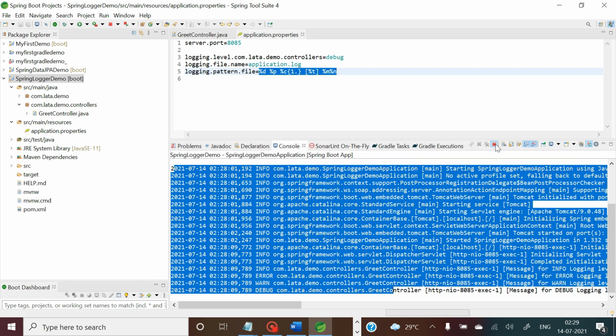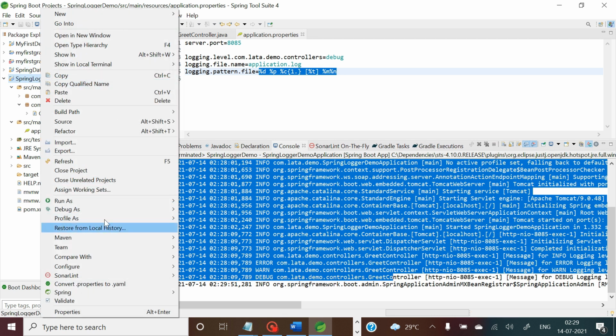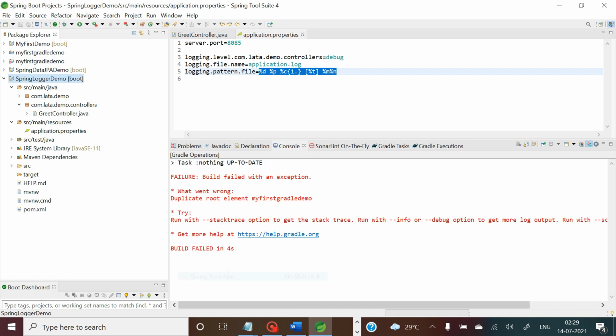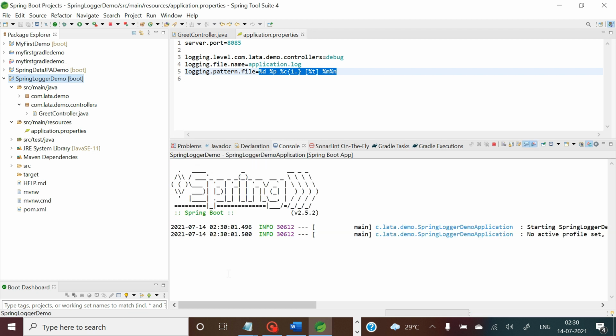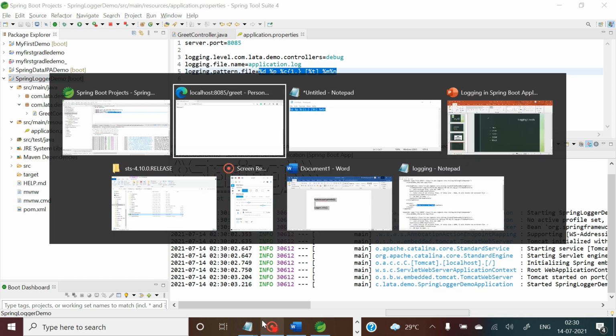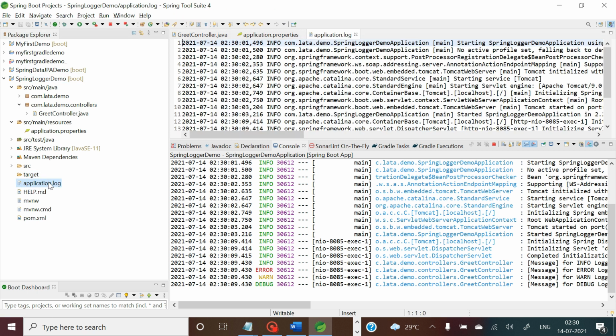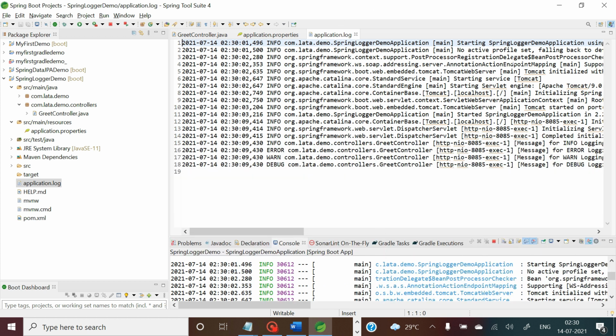After doing this I'm going to execute my application once again. I'm refreshing this, and here you can see that if I refresh my project, then the application.log file is automatically created, and if I open it, you can see the same log in that specified pattern in the application.log file.